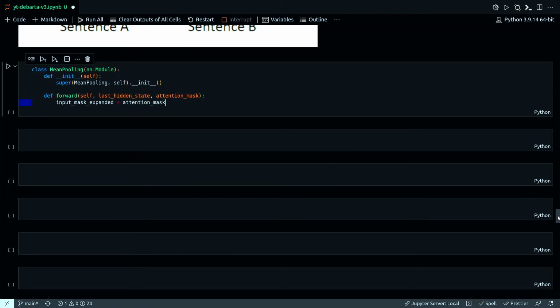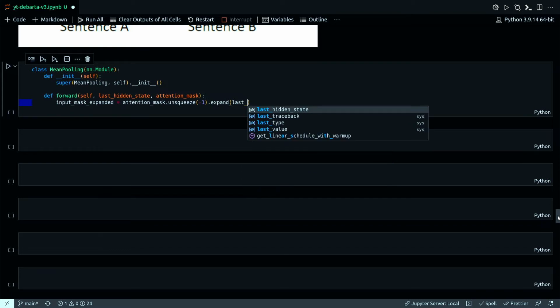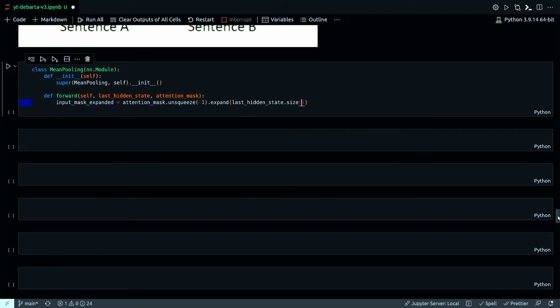Attention mask dot unsqueeze. Expand it to view it with a particular size, and that size will be the last hidden state size, and then apply float.